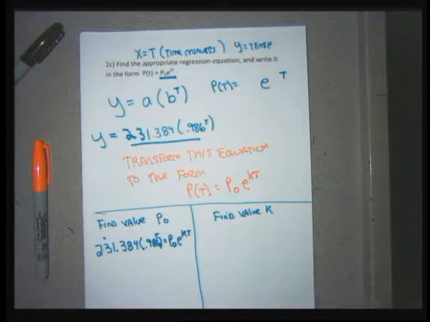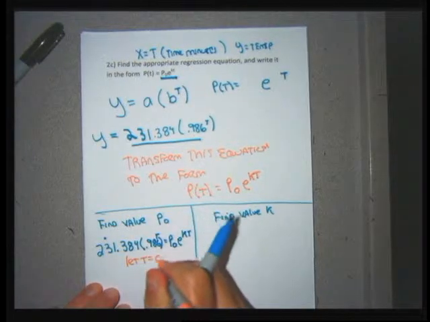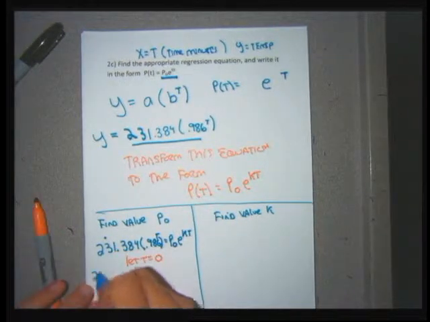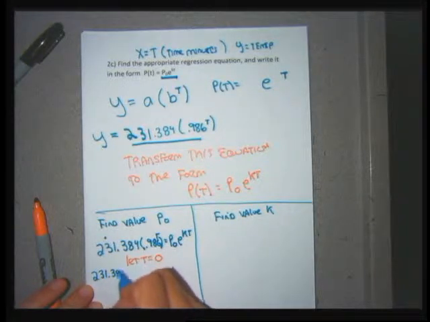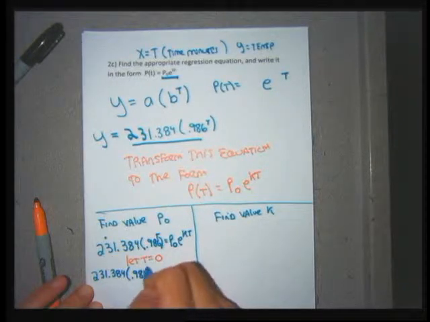What I'm about to do now seems like it should be completely illegal. For those of you that get high enough in math, you'll wind up doing this pretty frequently, but I don't think I've ever taught it to a lower class than this. So what I'm going to do to find the P0 is let t equal 0. This equation has to be true for every value of t, so I'm going to let t equal 0, and I'm going to go 231.384. This is not the shortcut method, this is the actual method, and I'll tell you how to shortcut it in a second. So I get this,